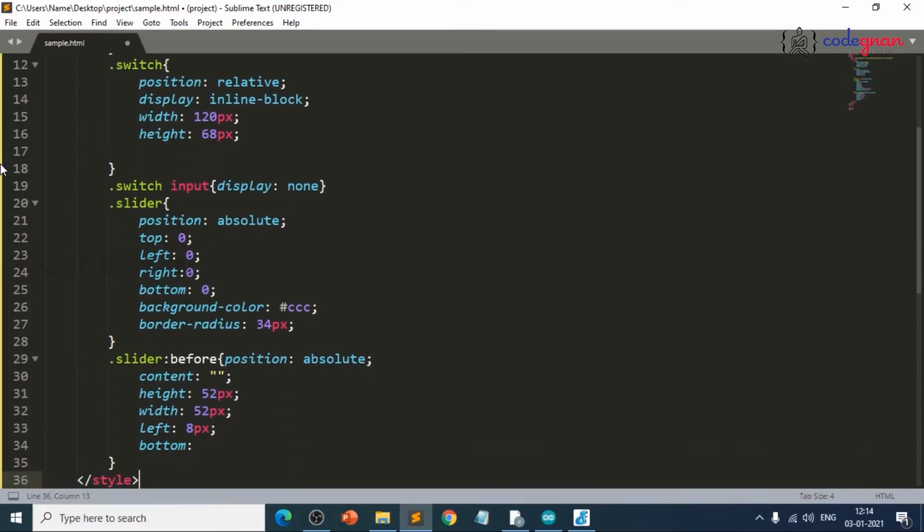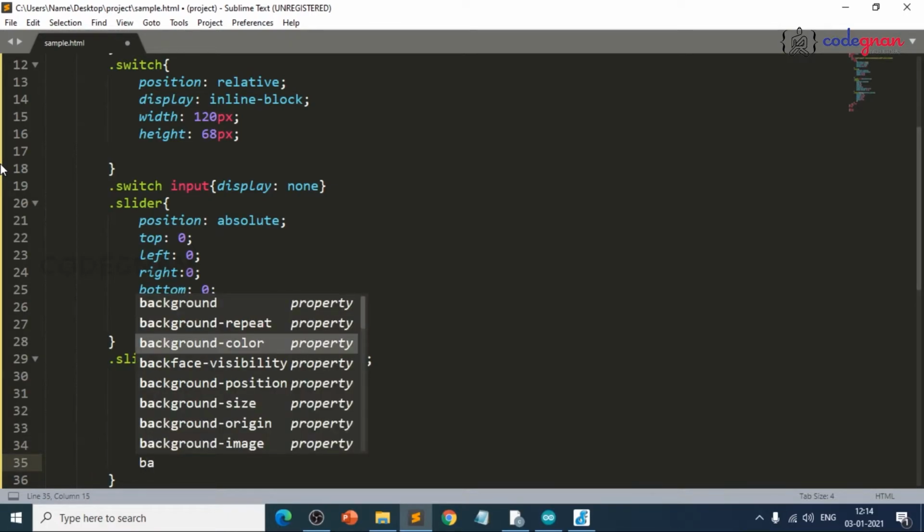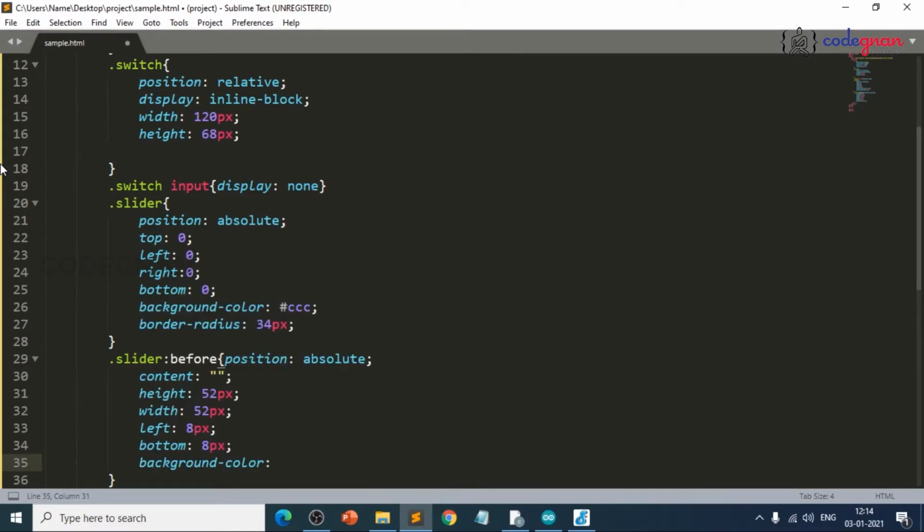Height, width, and bottom, left. Now bottom 8 pixels, and next thing, background color equals to hash FFF, close here.